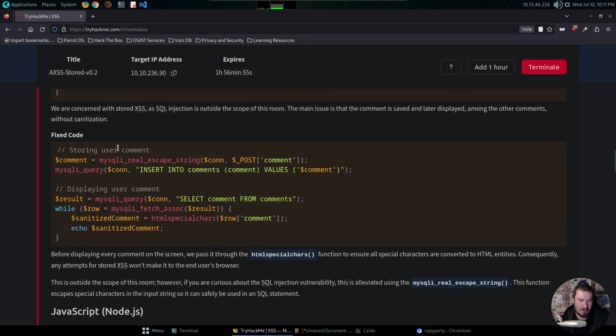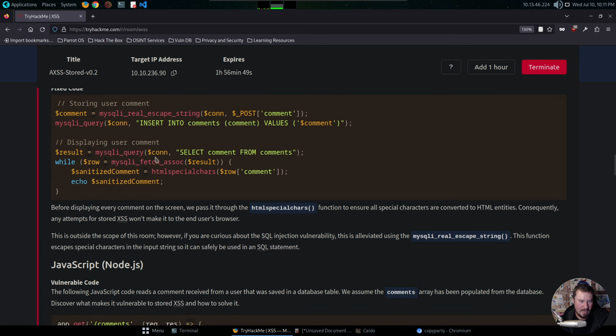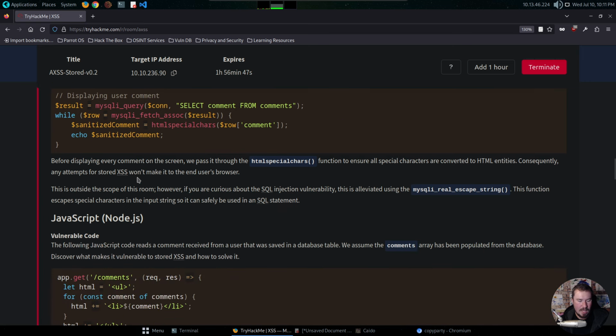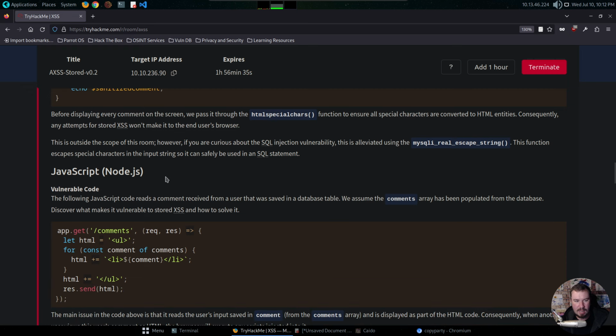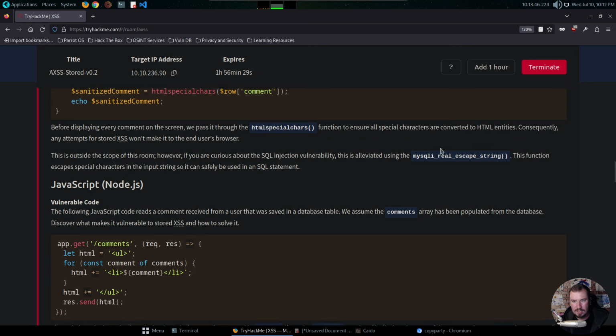So fixed code, storing the user comment, and they're escaping as well here to prevent the SQL injection, and then displaying the user comment. Before displaying every comment on the screen, we pass it to the HTML special characters function, which we talked about, to ensure all special characters are converted to HTML entities. Consequently, any attempts for stored cross-site scripting won't make it to the end user's browser. This is outside the scope of this room. However, if you're curious about the SQL injection vuln, this is alleviated using the MySQL real escape string, which I saw,